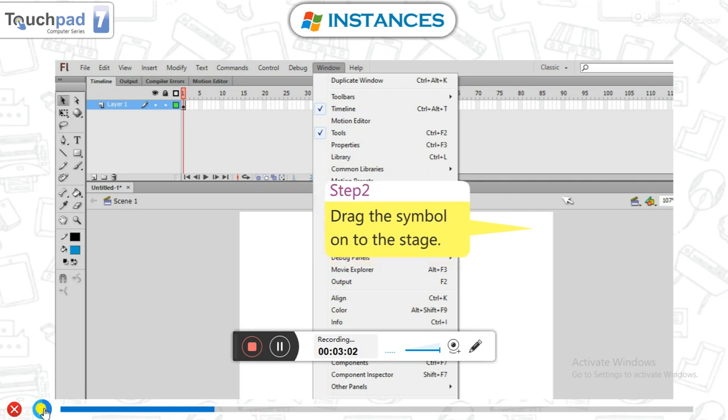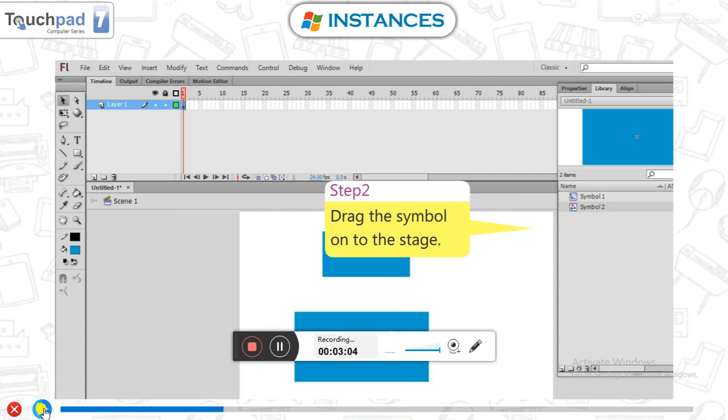When the library opens, the list of all objects that have already been created as symbols appears here. From here you simply drag and drop onto the stage.